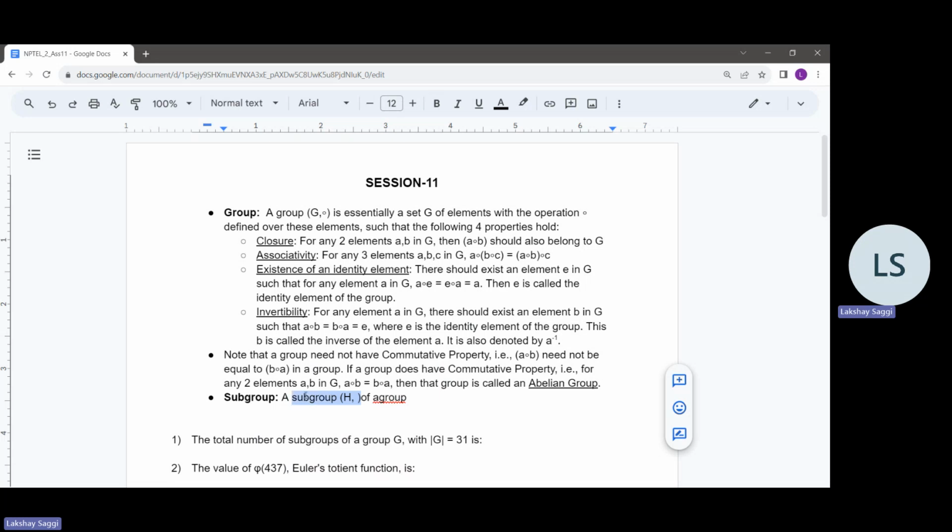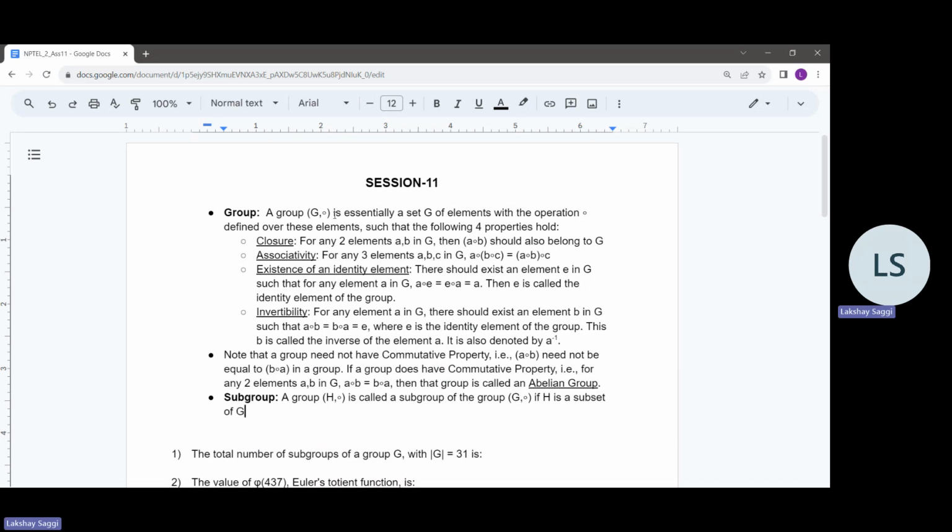Maybe I should write it this way. A group H,∘ is called a subgroup of the group G,∘ if H is a